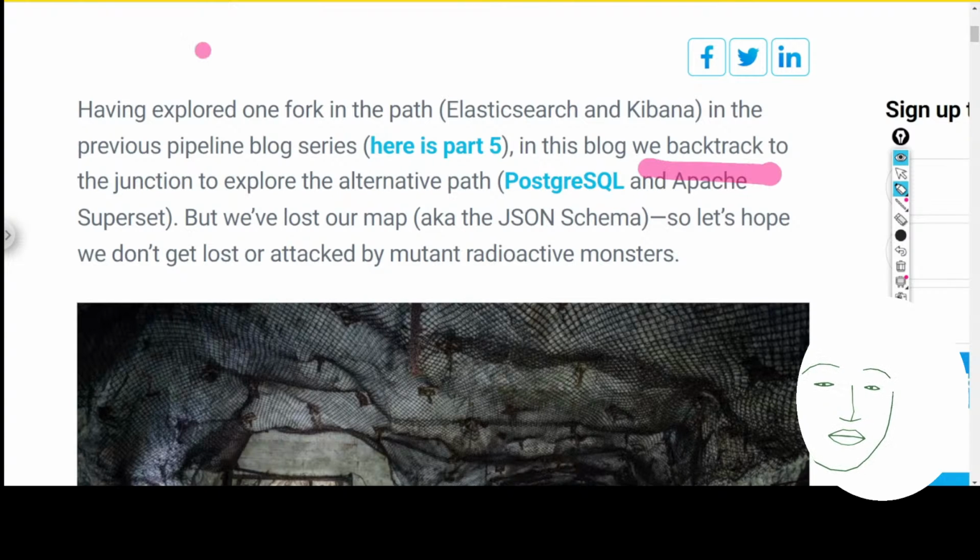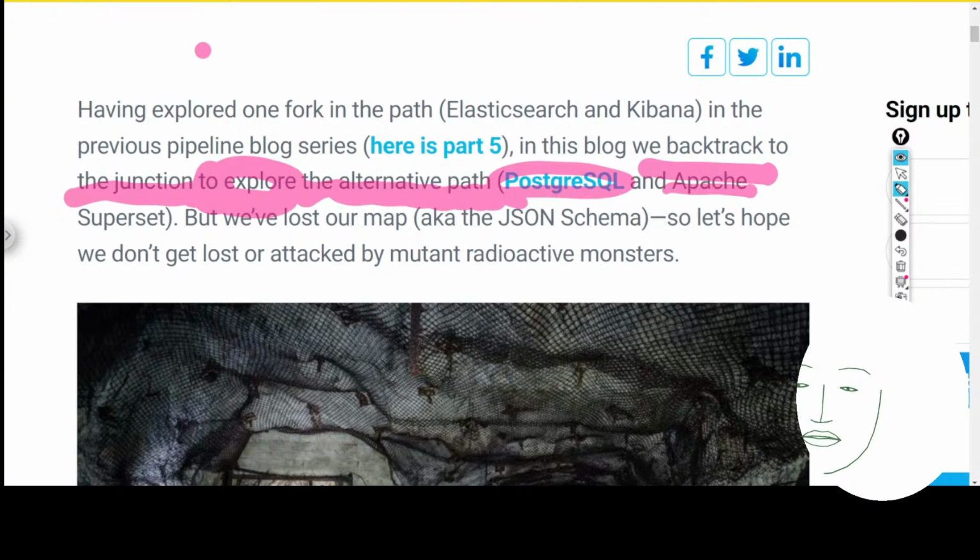Having to junction to explore alternative paths, Postgres, Apache Superset. But in this blog, we backtrack to